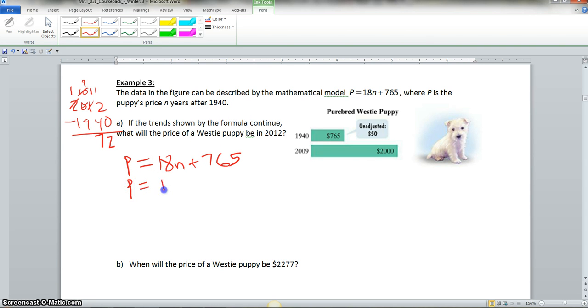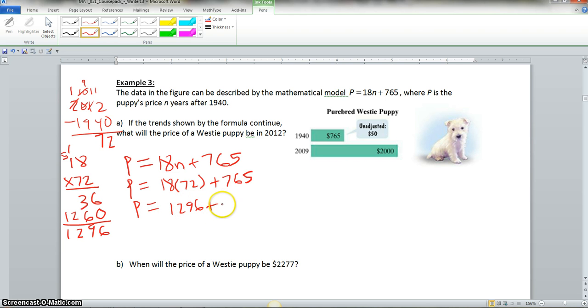So we have P is equal to 18 times 72 plus 765. Now we can go over here to the side and multiply 18 times 72. 2 times 8 is 16, carry a 1. 2 times 1 is 2, plus 1 is 3. We add our 0 here. 7 times 8 is 56. Bring down your 6, carry your 5. 7 times 1 is 7, plus 5 is 12. So we have 1,296. So P is equal to